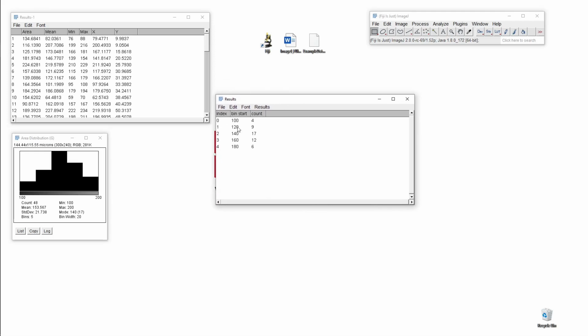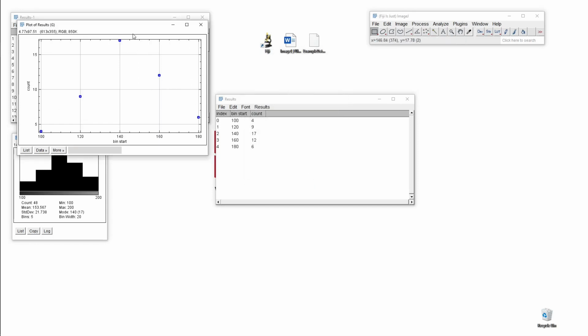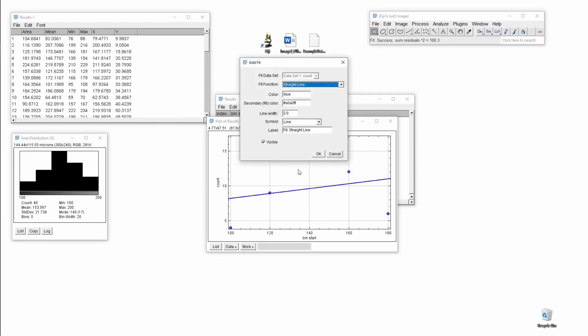So now with this results table, we're able to use the plot function, and we're going to plot the bin start against the count. Let's do blue circles, and let's make them a little bit bigger. So we can see that. This just follows the same distributions we had there. They're now just XY scatter style. Click OK. And the final piece we do is go to Data, Add Fit, select Gaussian from down here,